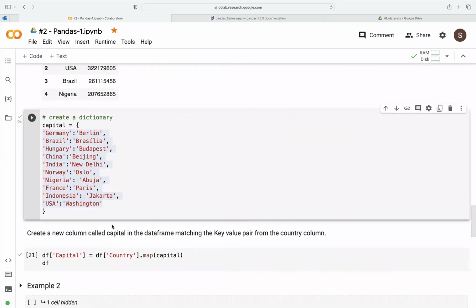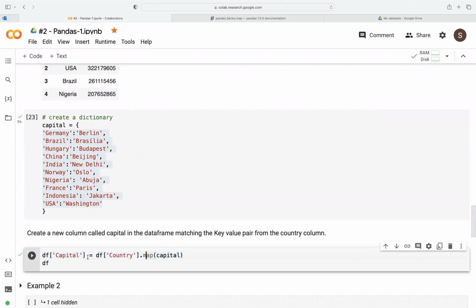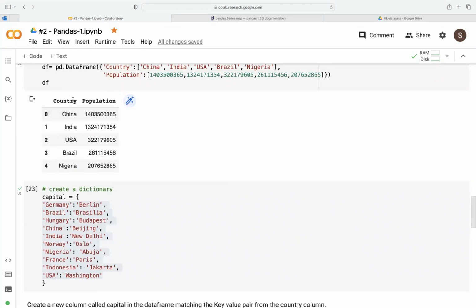We can use the map function in this example with this code chunk. First of all, we want to use this map function, so here we create a new column called capital. Remember, we already created a dictionary here. So we want to run this map function and apply it on the country column in our existing data frame. We'll try to match for each of these keys here, China, all the way to Nigeria,